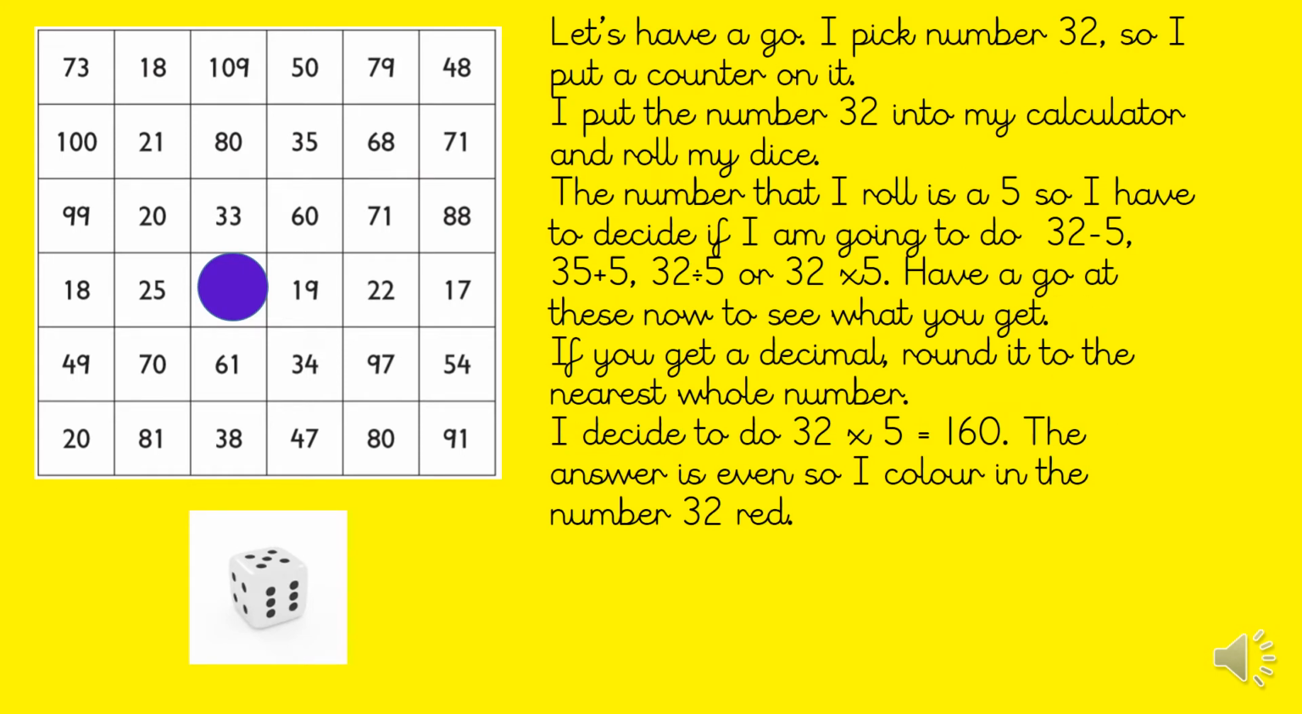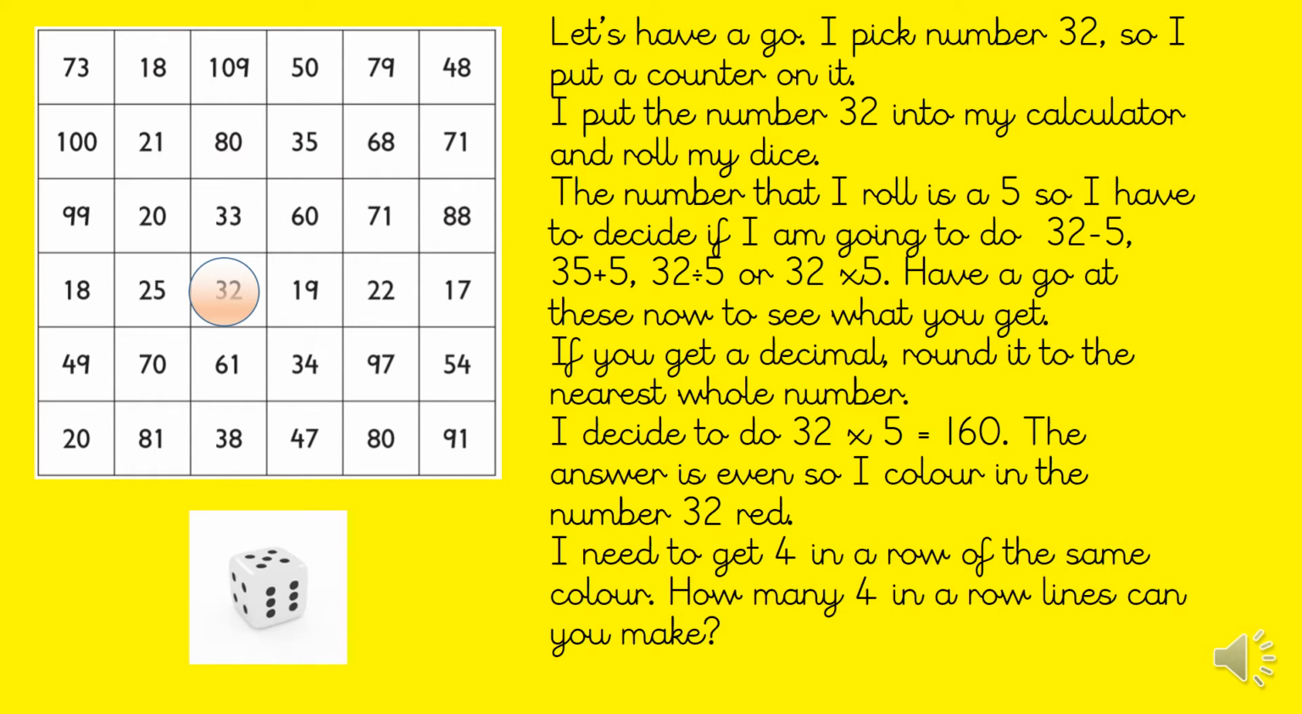Okay, well I decided to do 32 multiplied by 5, which is 160. The answer is even, so I colour in the number 32 red. There it is, coloured in red. Okay, so the idea is that I need to get 4 in a row of the same colour. Now don't forget, if when I'd carried out my calculation, the answer were odd, I'd have to colour it in